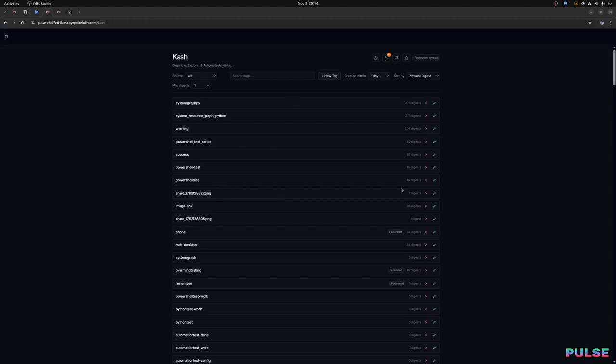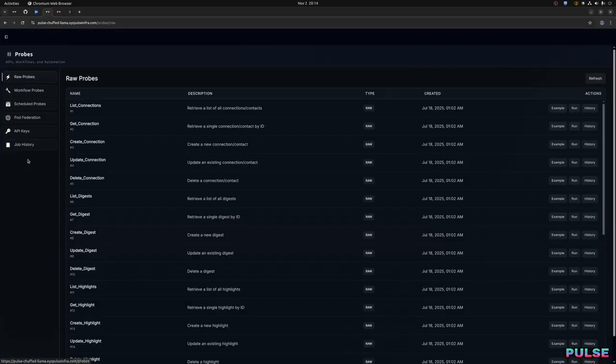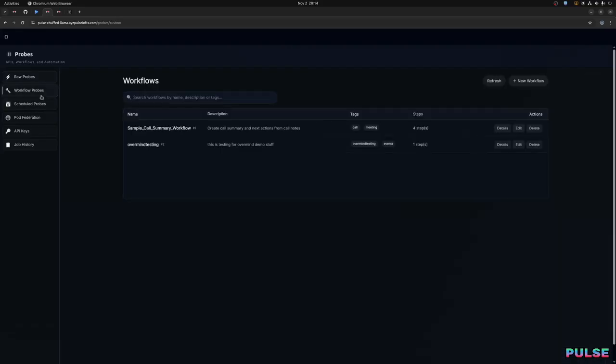A little tip for the management folks among us on accessing workflows. So this is how you automate stuff in tags the easy way. You go to the menu here, go to Tools, and then go to Probes, then go to Workflow Probes, and